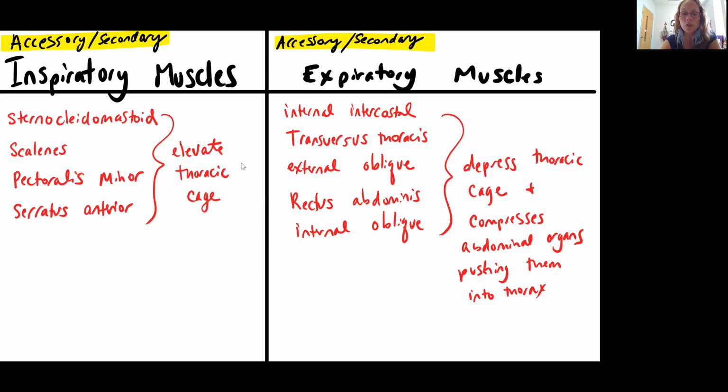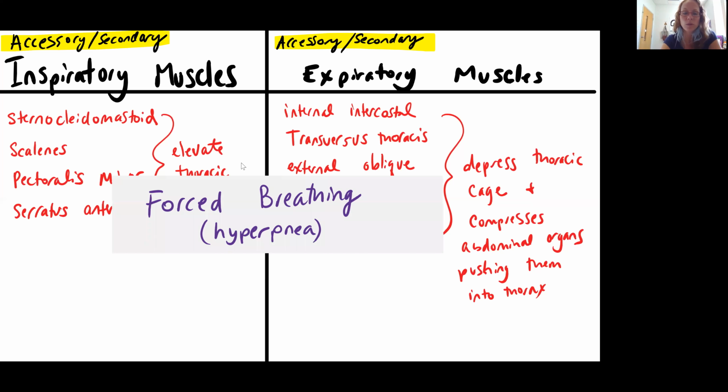So we need to know for sure internal intercostals are going to depress the thoracic cage, external oblique depressing the thoracic cage. Well, that's not right. Really, rectus abdominis and internal intercostals are depressing the thoracic cage. The external and internal obliques are compressing those abdominal organs, so kind of flattening them and pushing them up into the thoracic cavity, making the lung volume less, and so the pressure is higher, and so air is being pushed out. Okay, so this is our forced breathing,